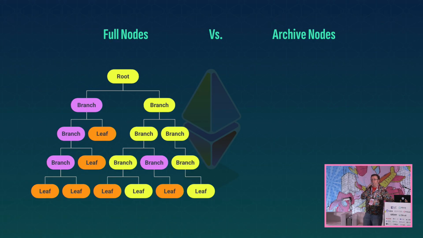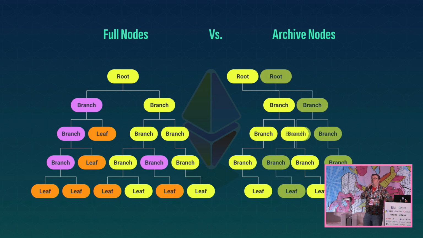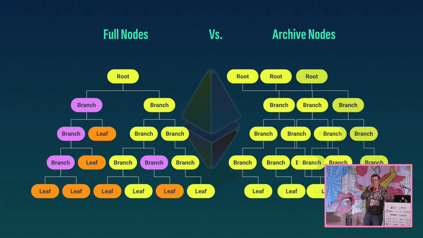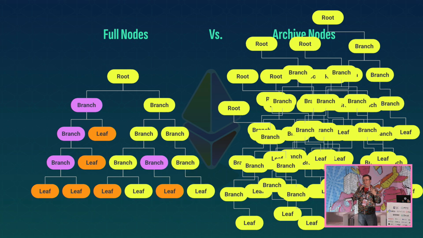And if you're a full node, you just keep what you need that's relatively current. But if you're an archive node, you need to copy that data to the side. And those same two values change again, you have to store it again, and again, and again, and again. So you've got this big giant pile of tree branches of every time in the history that this value has ever changed and all the metadata around what the actual root node of it is.